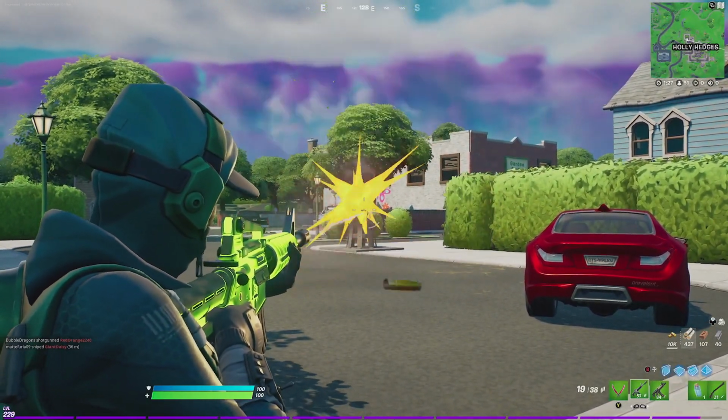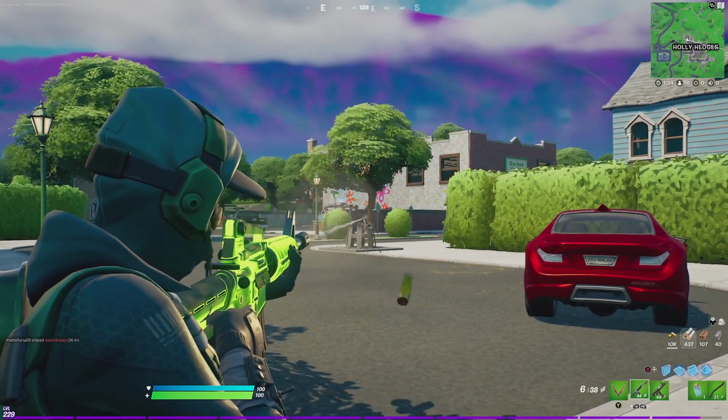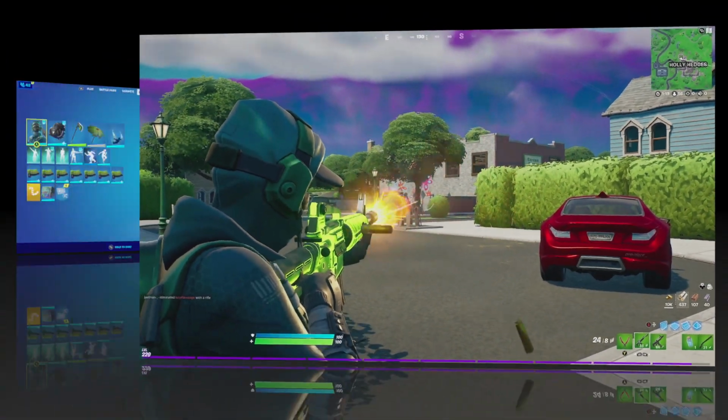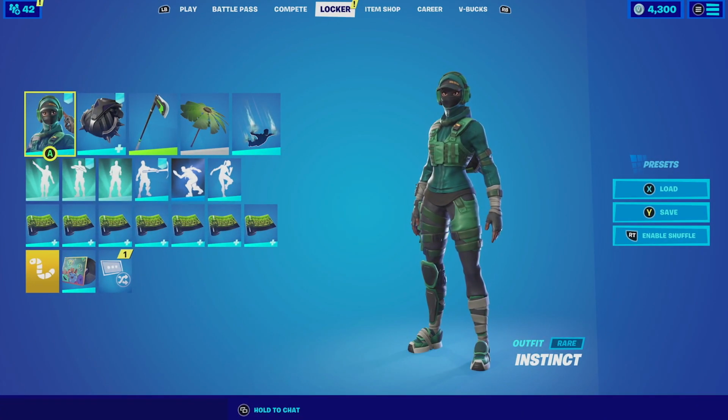Now the Neon Venom does have a lighter color scheme to that of everything else in this cosmetic. It does stand out whenever you are using it in the battlefield because of the green glow it does have on the underbelly. For our next combination with the Instinct, we are going to be pairing her up with the